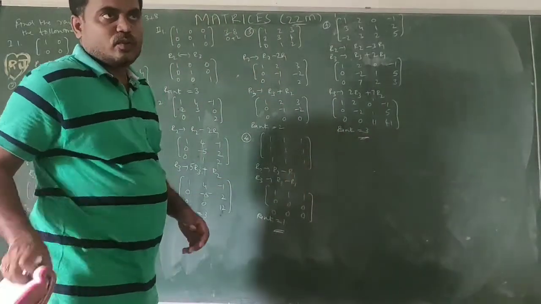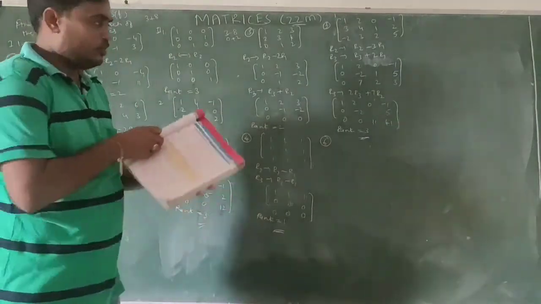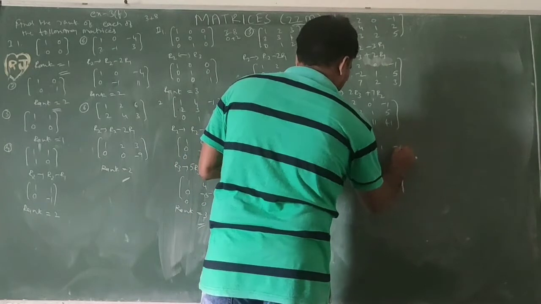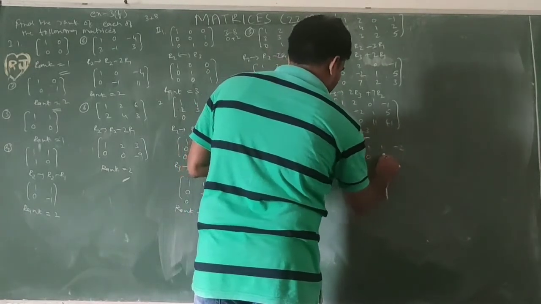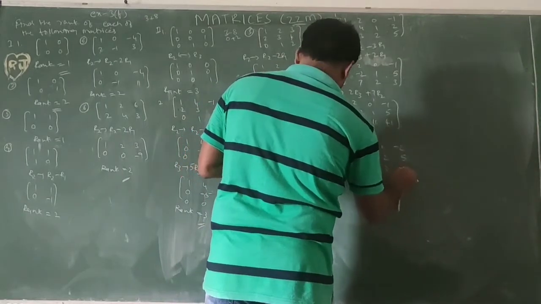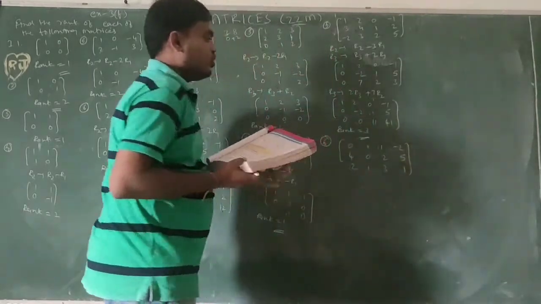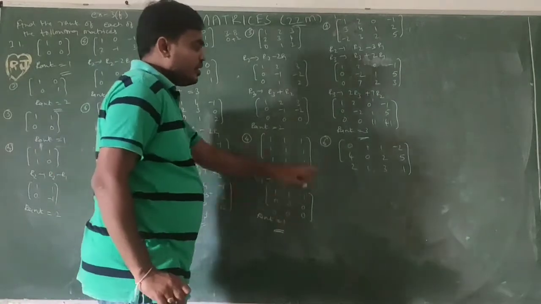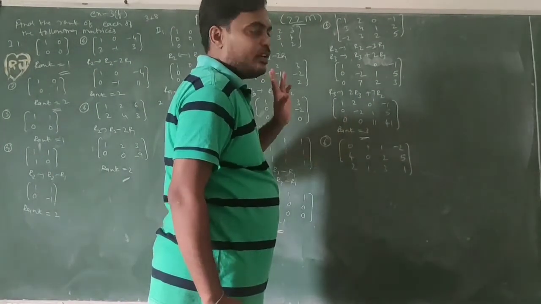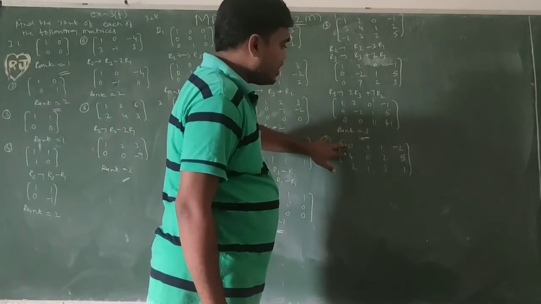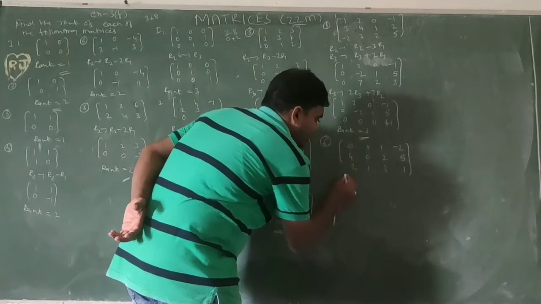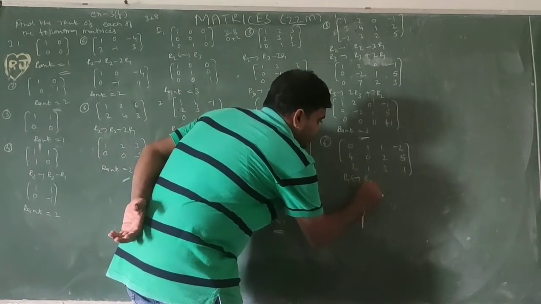Okay. Next, the matrix rows 0 1 1 minus 2, 4 0 2 5, 2 1 3 1. So actually this element won't be 0. These two positions we need 0. So that's why I want to interchange R1 and R2, or R1 and R3. So I want to interchange R1 and R3.